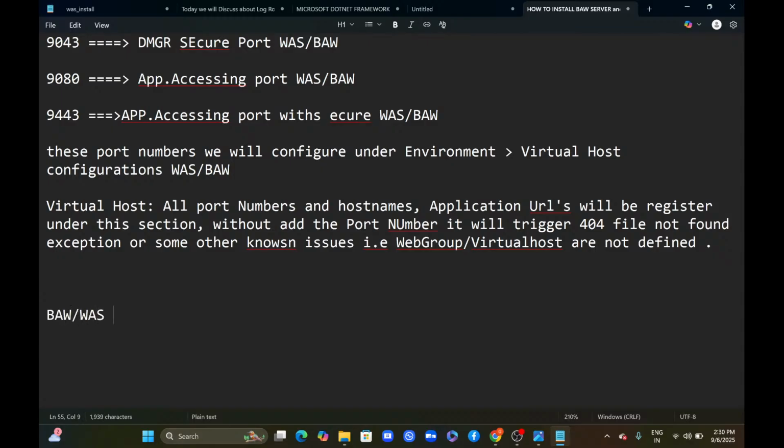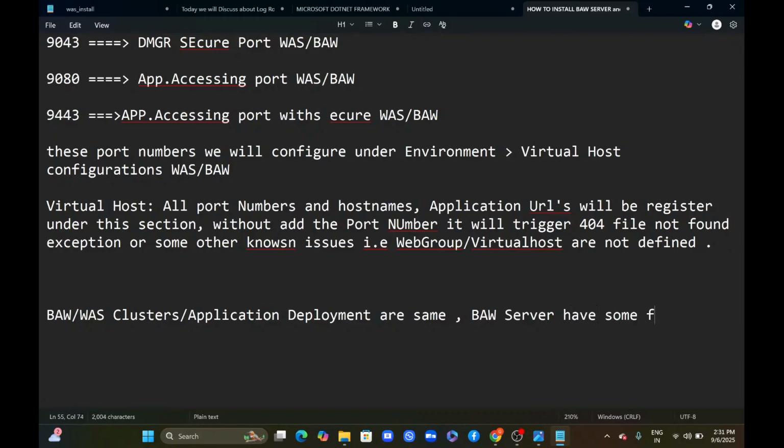BAW or WAS clusters and application deployment are the same, but the BAW server has some extra functionalities available. Okay, and in this FileNet also we can use